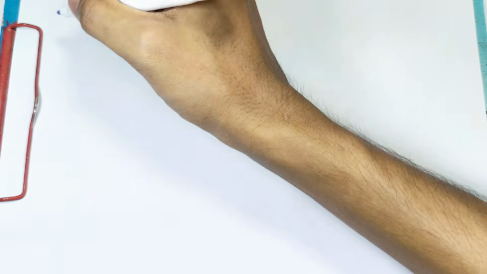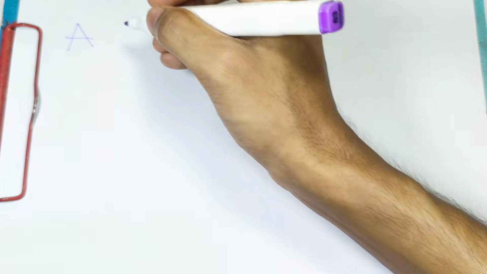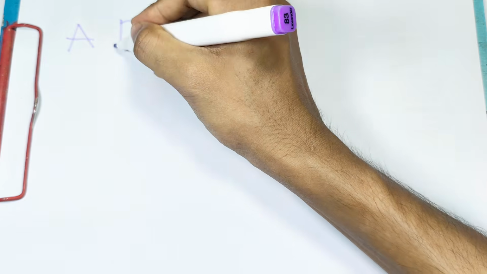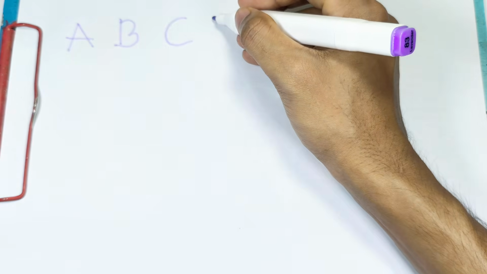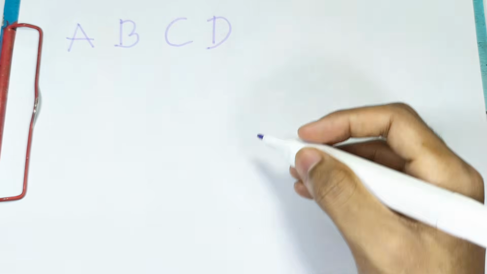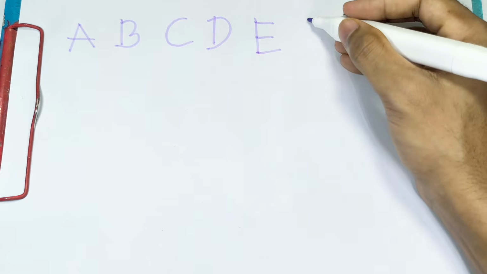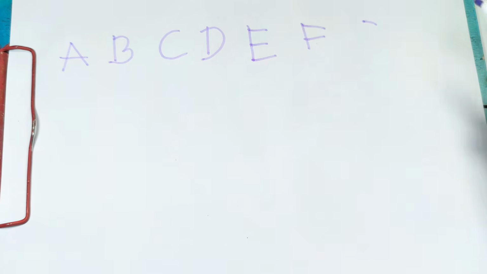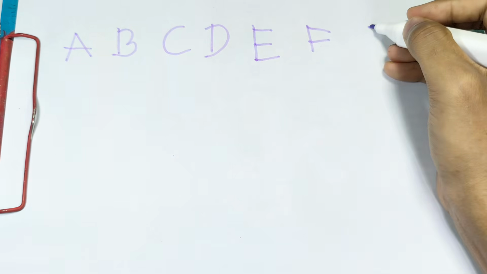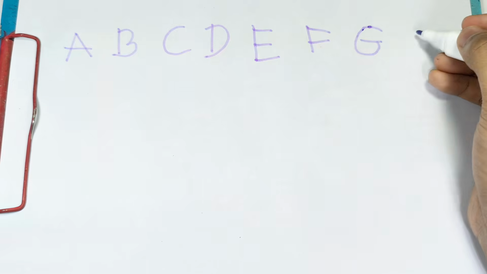First we're using the color of lavender, writing the alphabet of A. A, B, C, D, E, F, G,